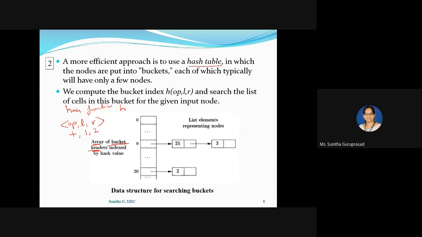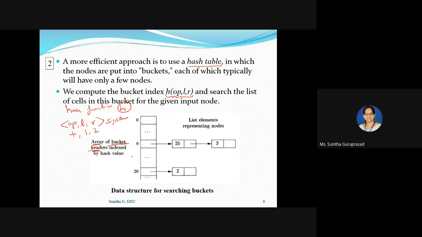Then a hash function h computes the index of the bucket for this signature.